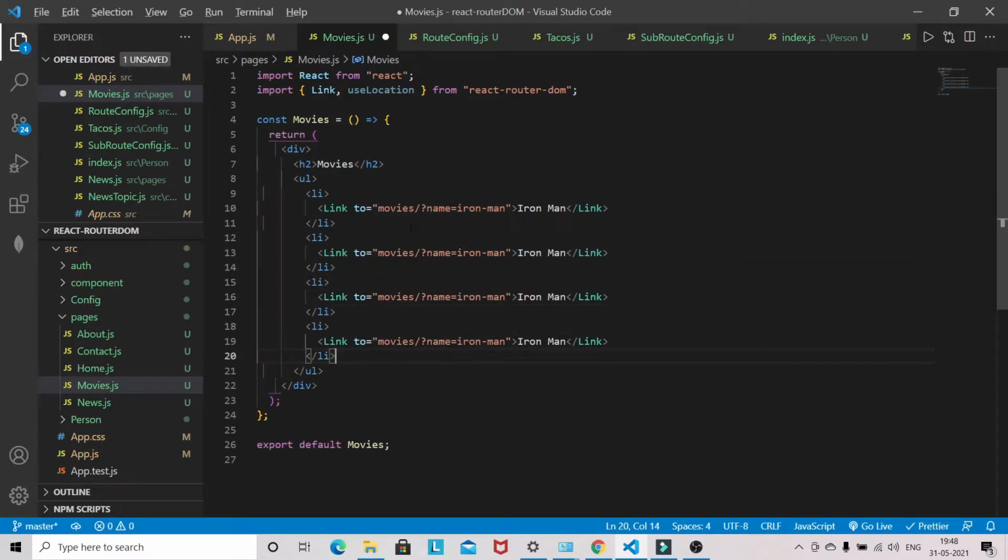So I have copied and I will just change the name. Hulk, let's say Avenger, and another name let's say Thor. This will be Hulk, this will be Avenger, and this will be Thor.